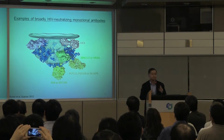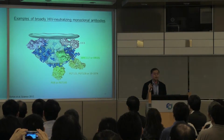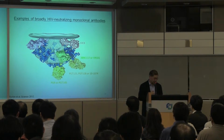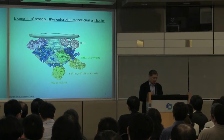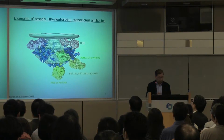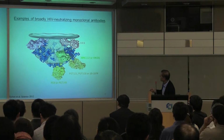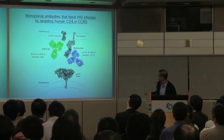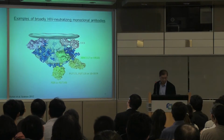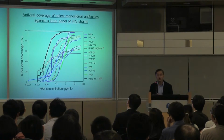We have created probably close to 200 engineered antibodies in the lab. I'm just going to tell you about one type of antibody that's particularly promising. Oh, before I get to that, the profile of these antibodies, as well as these two antibodies, in terms of blocking HIV infection,